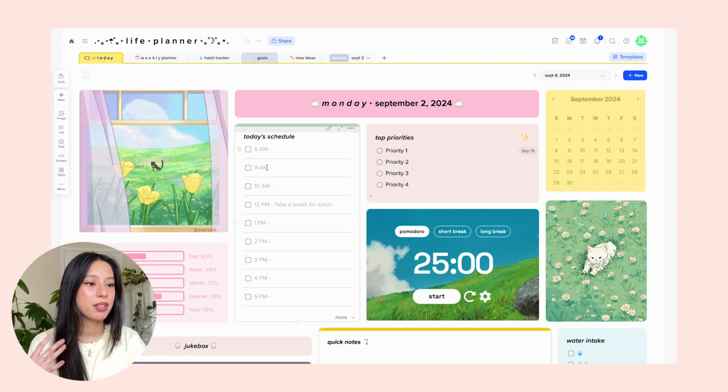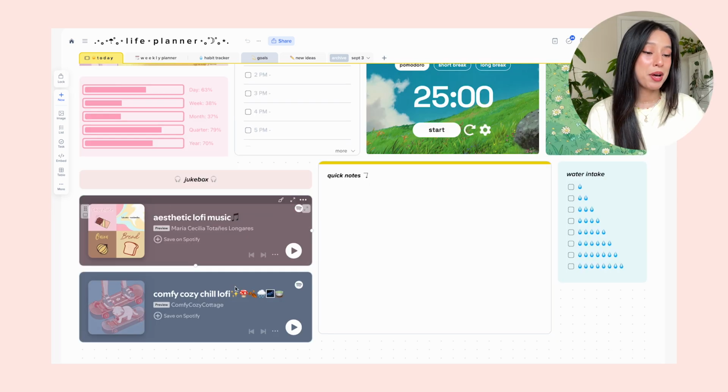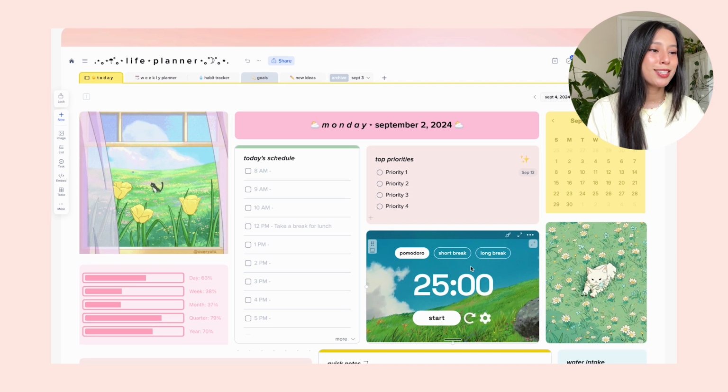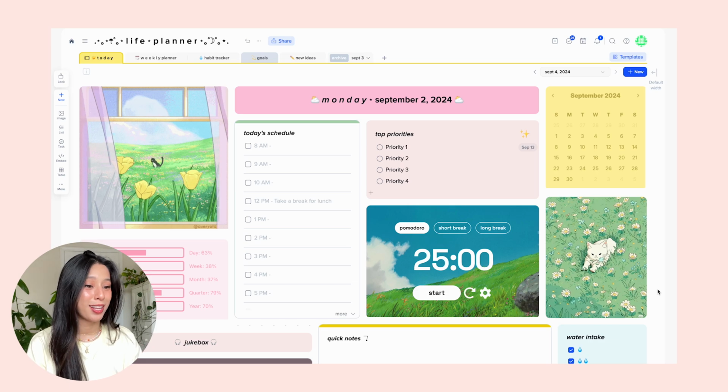So you can see I have a little scheduler here, top priorities. I have a little Pomodoro timer here. I've embedded these cute little lo-fi jukebox playlists here. My water intake. I mean, it's so cute. This is exactly what I mean when I'm talking about something that is just a total delight to look at